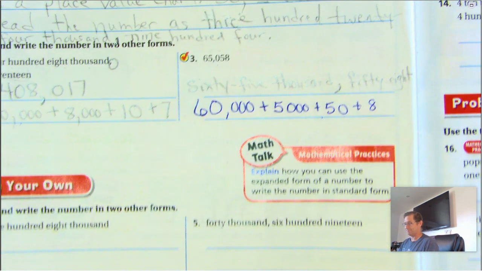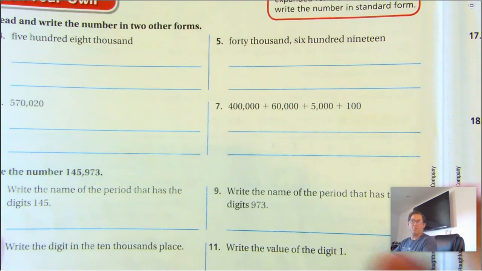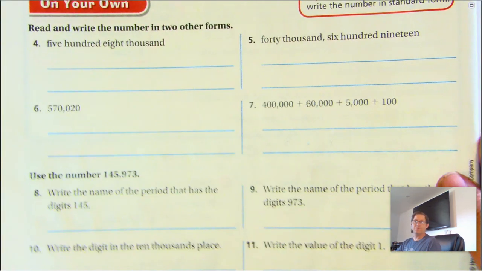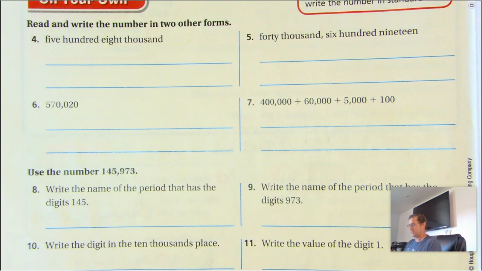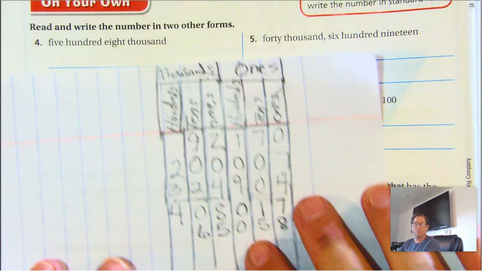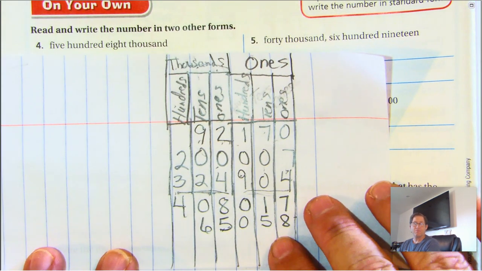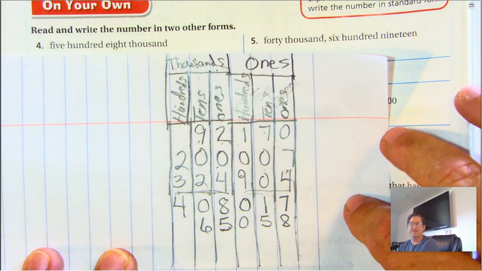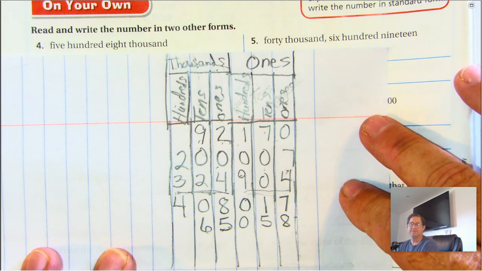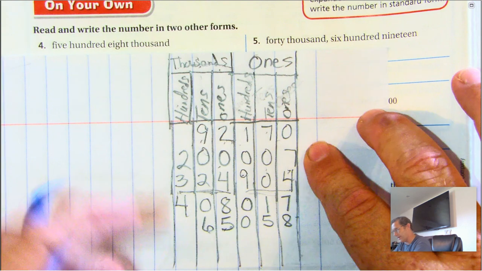Okay, let's move on. Number 4. Read and write the number in 2 other forms. So we're going to keep practicing. And so let's use our chart. And we're going to write 508,000. 508,000. Okay,